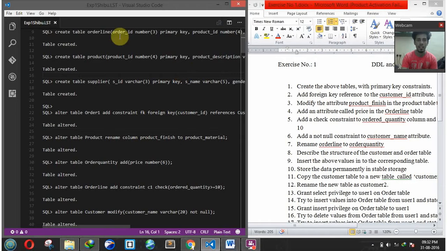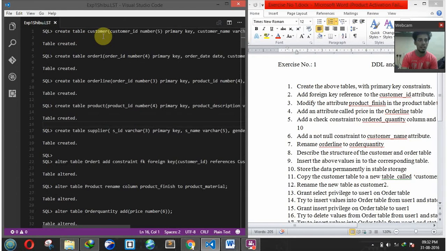So the command for it is create table name, that's customer ID, that's the attribute, number is the data type, primary key is the constraint, and thus we create 5 such tables. The next question is to add a foreign key reference to the customer ID attribute, and for that the